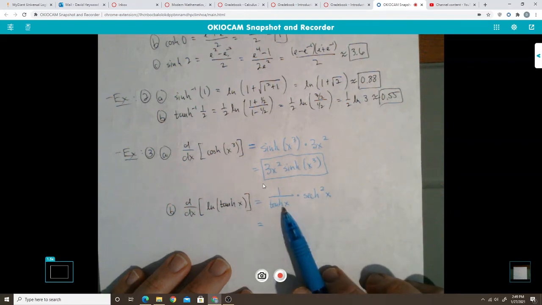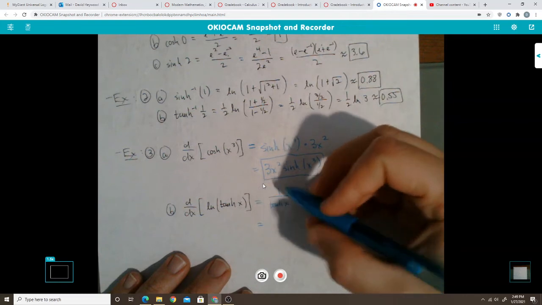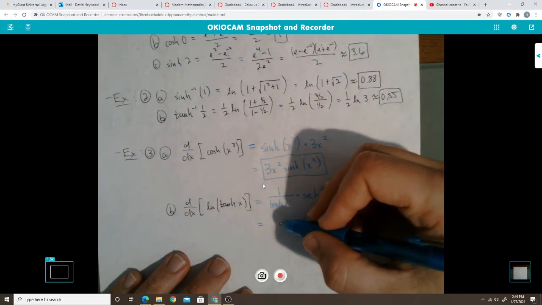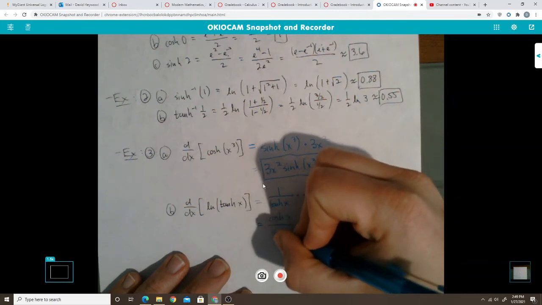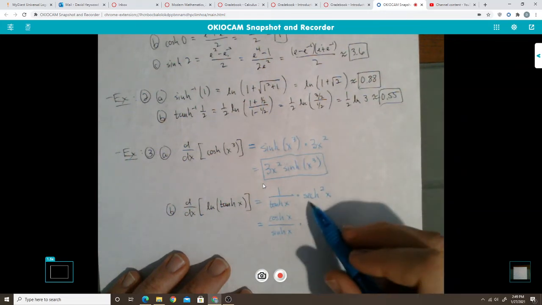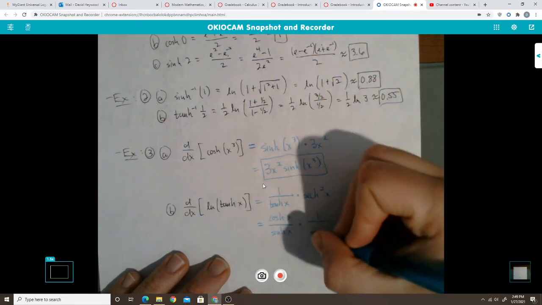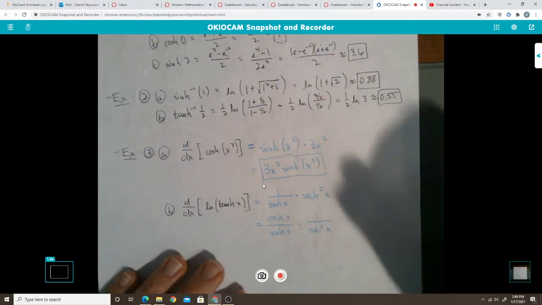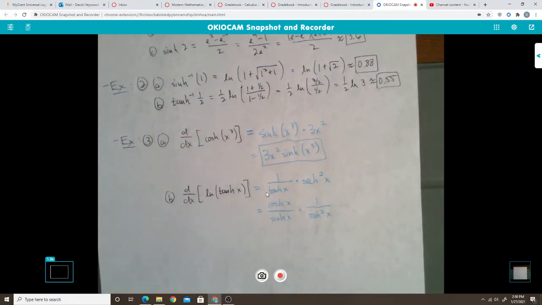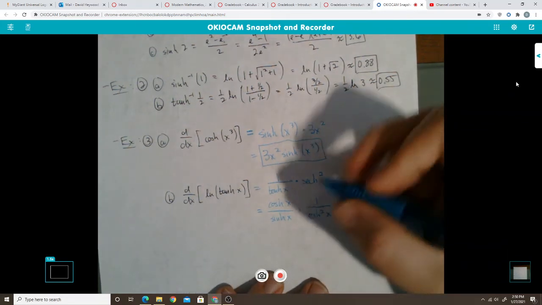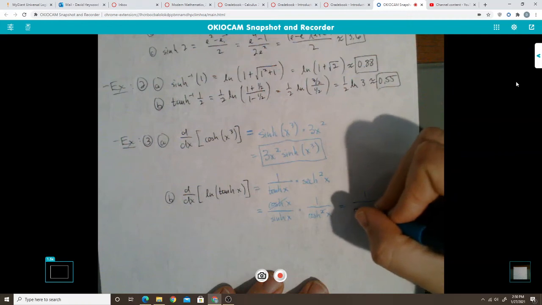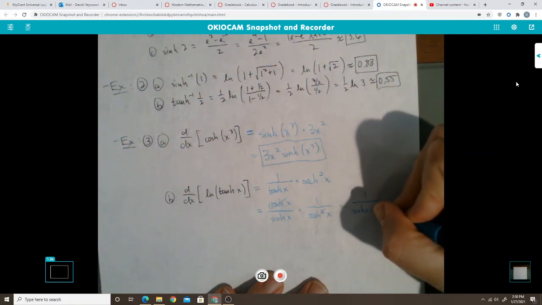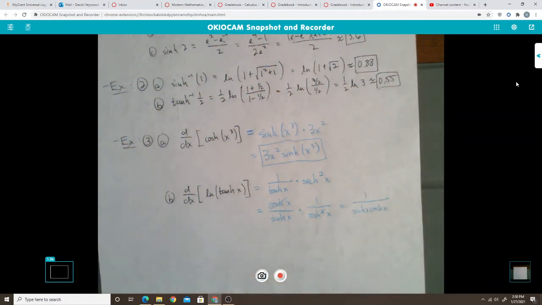and in fact, we can call this 1 over sinh over cosh, or in other words, cosh over sinh. So I'm going to call this cosh x over sinh x. And then sech squared is 1 over cosh squared, right? So the reciprocal identities and stuff, they're just like the trig functions, right? Which makes it nice. Because now this will cancel one of those. I get 1 over sinh x cosh x, which, by the way,